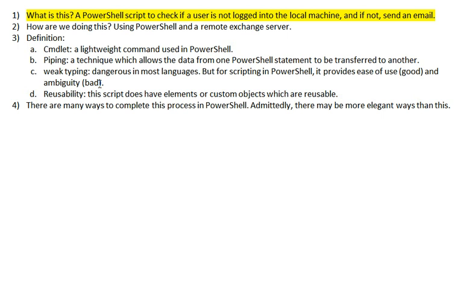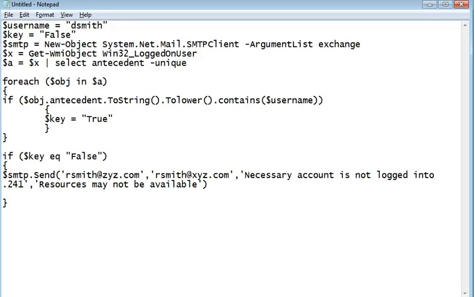So let's look at this script. Okay, here is the script. We're going to go over it in the next few minutes. To start off, we're going to be creating two variables, one called username and one called key. The $ sign represents the fact that this name is for a variable, so all variables have to start with $. And this is an implicit string, so dsmith,